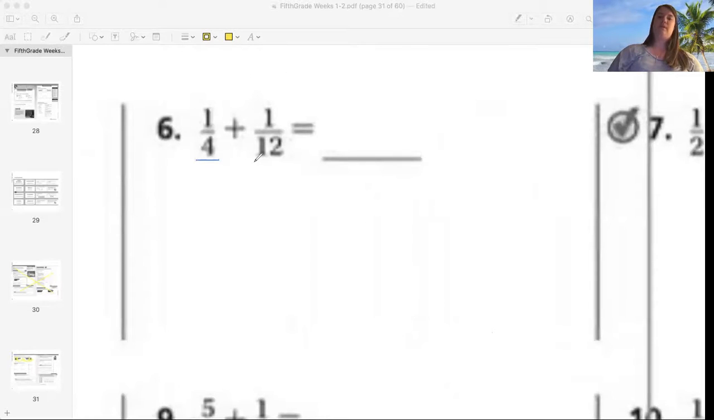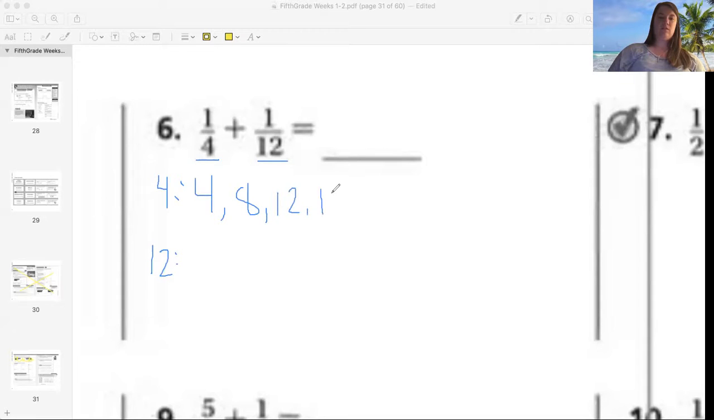So if I look, automatically I notice they're different. So I cannot just add them like I'm used to. So I'm going to take 4, and I'm going to take 12. And I'm going to do the same thing and list their multiples. So I'm going to skip count by 4. So 4, 8, 12,